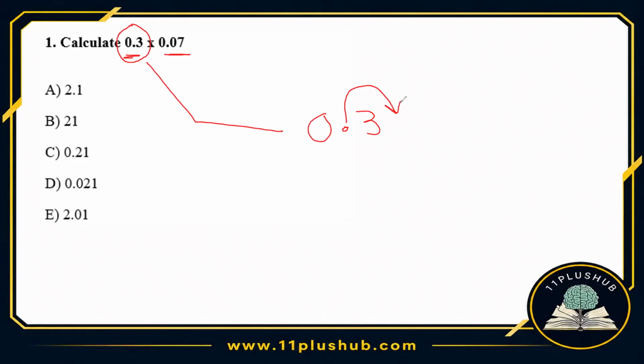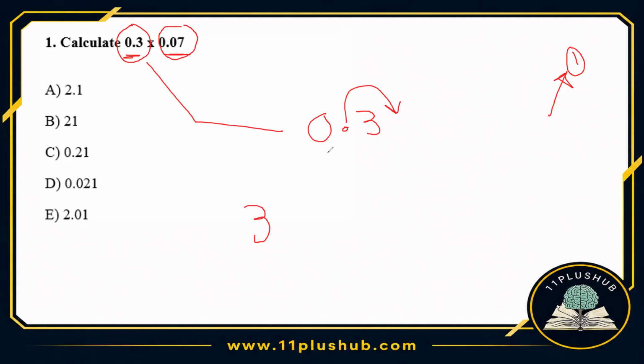It would say 3 point nothing, which is the same as 3. So I'm going to rewrite the number now as 3, bearing in mind that I've moved the decimal point one place to the right. I'll make a note of it because it's important I don't forget that. Now we've got